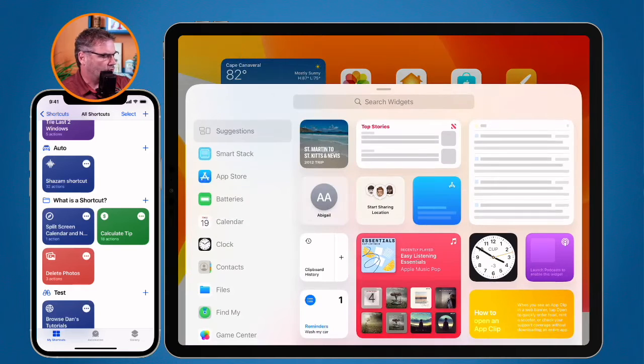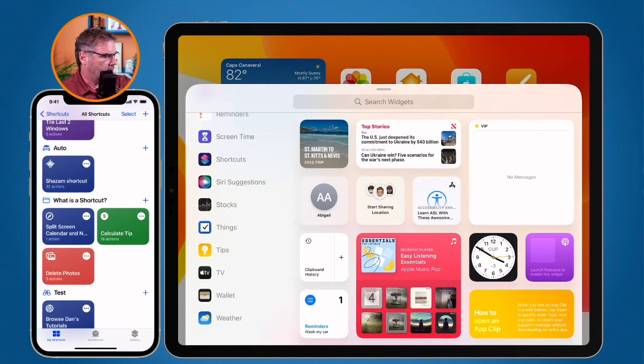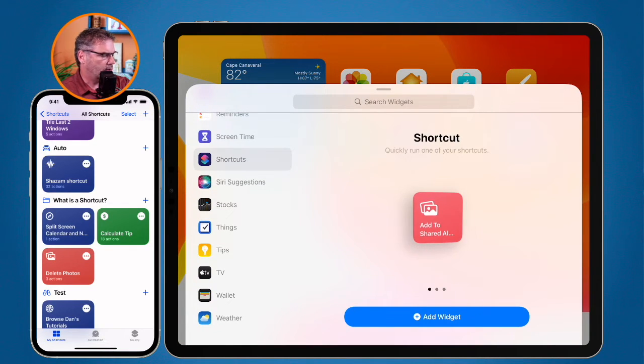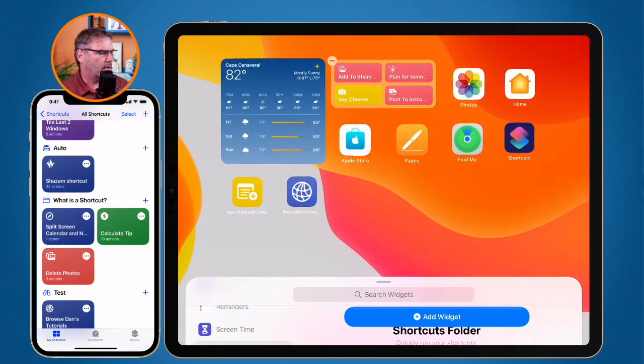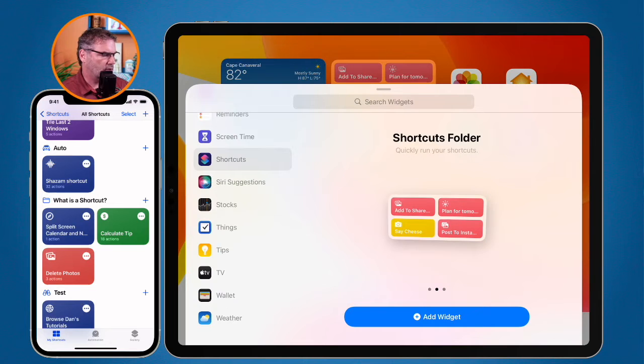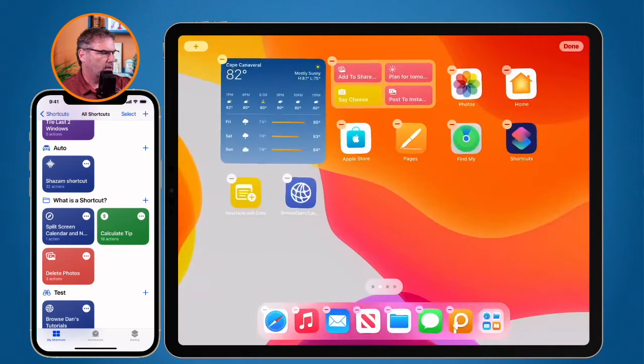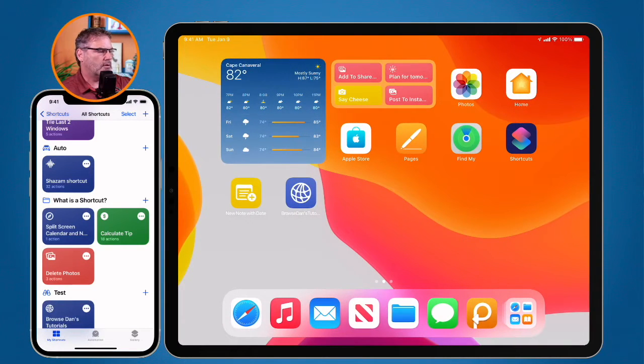What I can do is go to shortcuts here, and I can add this, and now I have my shortcuts there as a widget. And the way that I would recommend doing this, if you're going to be using widgets, is create folders. So on my personal device, I have a folder called widgets, and then you put those shortcuts in there, because when I go and edit this widget,